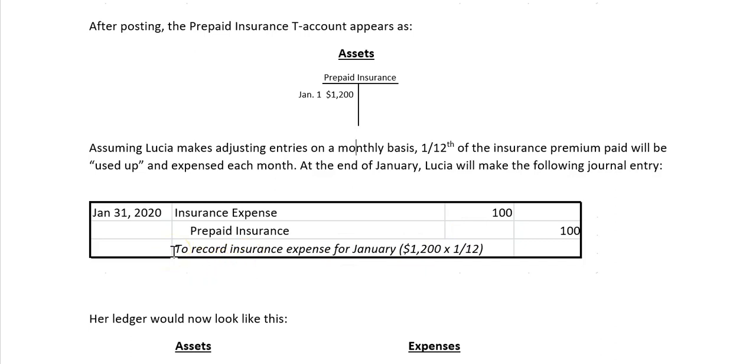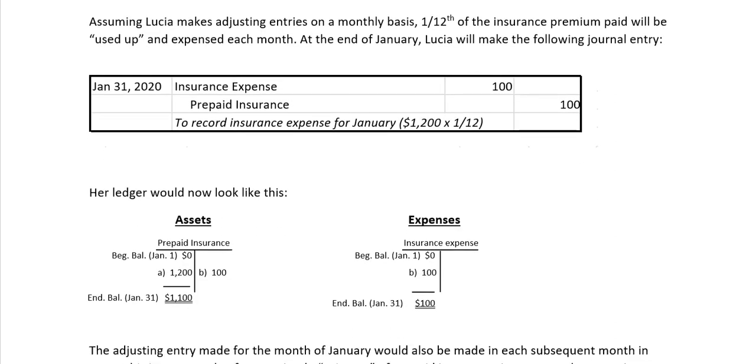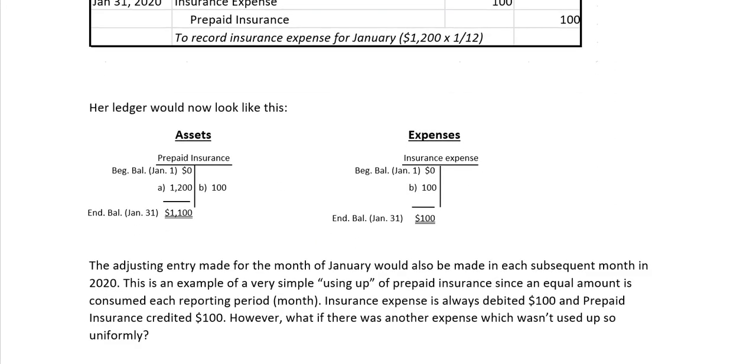Look at our calculation down here. We have a brief description to record insurance expense for January, and then we have 1,200. That's your annual premium multiplied by 1/12, so 1 month out of 12. Let's look at the